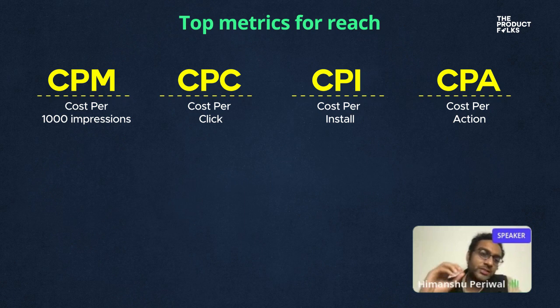So what you do is, let's say you run an ad, you spend 10,000 rupees, and you realize that ad resulted in only 10 leads. Okay, just 10 leads, right? And these are high value leads. Let's say it's for a car distributor. So they put 10,000 rupees and they receive 10 leads for a particular high value car. It's like 1,000 rupees per lead, and now they will give these leads to the sales team and they will call, etc. But at least the metric that they are measuring is CPA, or cost per action,